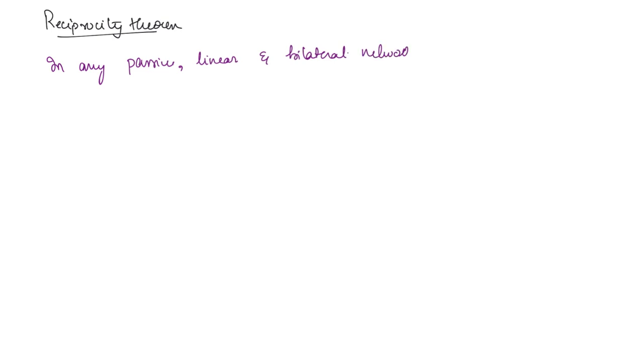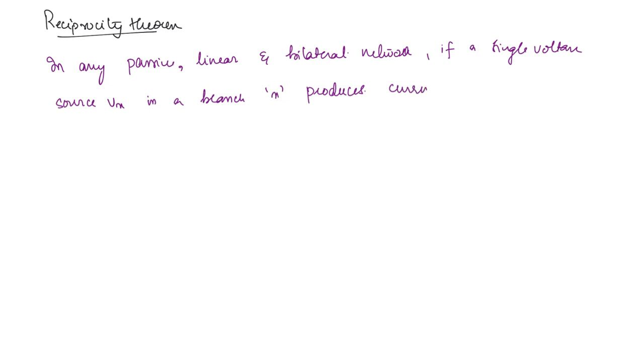So for any such network, if a single voltage source Vx in a branch X produces, so for now just write the statement, I will explain and it will become more clear to you. Okay, so produces current response Iy in a branch Y, then